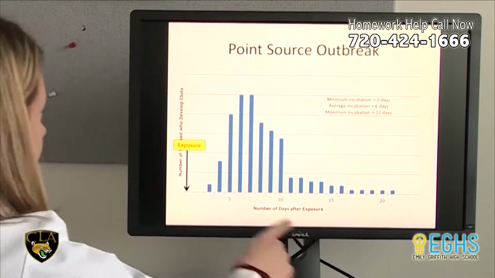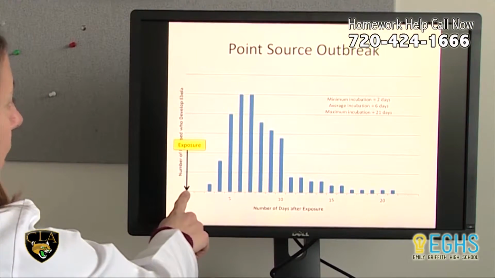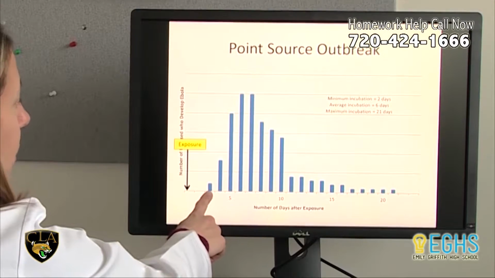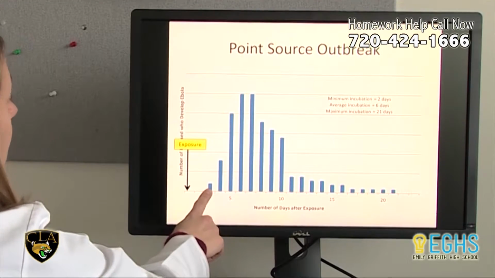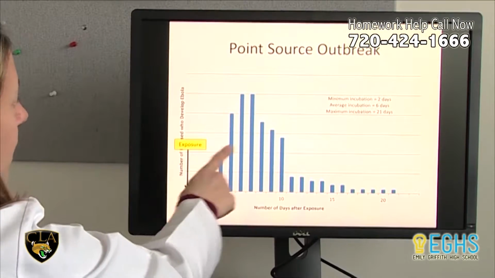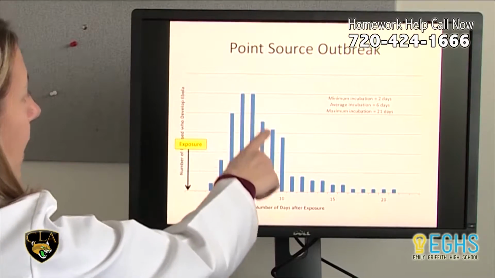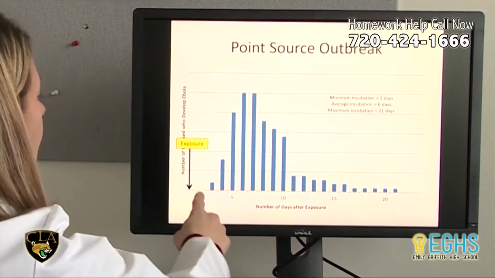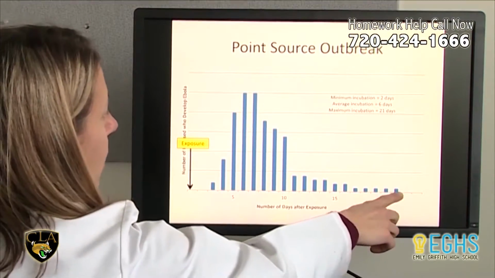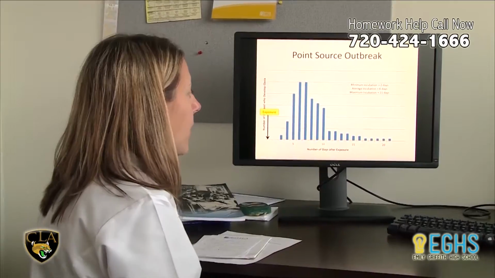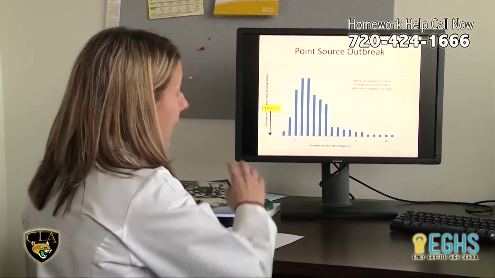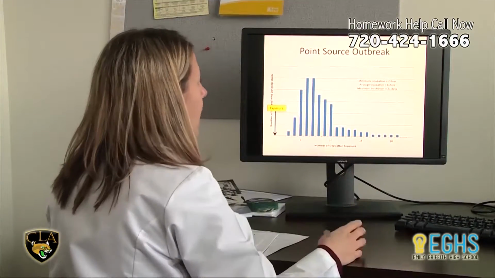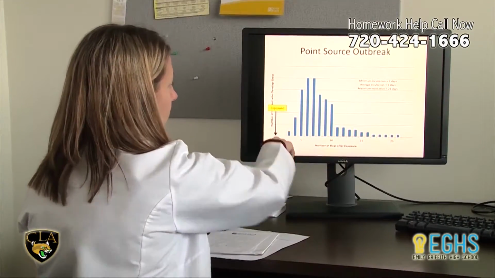What you can see here is the time from time 0, when they had the exposure, to 2 days later is the minimum incubation time. The time here from the exposure to the peak is 6 or 7 days, and that's the average incubation time for Ebola. And then the time from the exposure to 21 days would be the maximum incubation time. And the fact that it kind of stopped after 21 days would suggest that they all got exposed on day